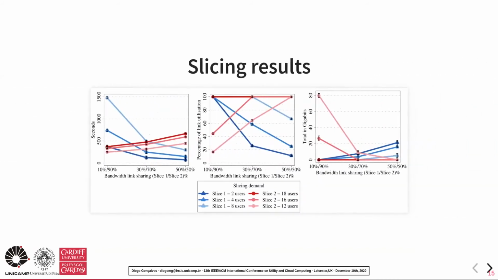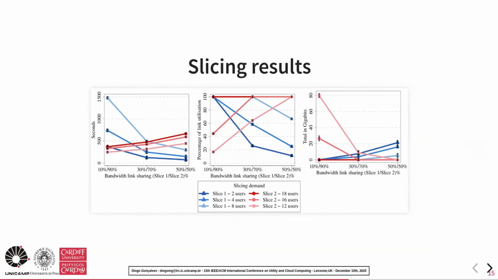In the left graph, we can see the time needed to complete the migration process. The blue line represents slice 1 and the red line represents slice 2. In this scenario, where 90% of the bandwidth is dedicated to slice 2, the users in that slice instance perform the migration process faster than the users in slice 1. In this scenario, we are giving more priority to users in slice 2. As a collateral effect, the users in slice 1 perform much worse in the migration process, so much so that probably those users are not reaching the minimal levels of experience.